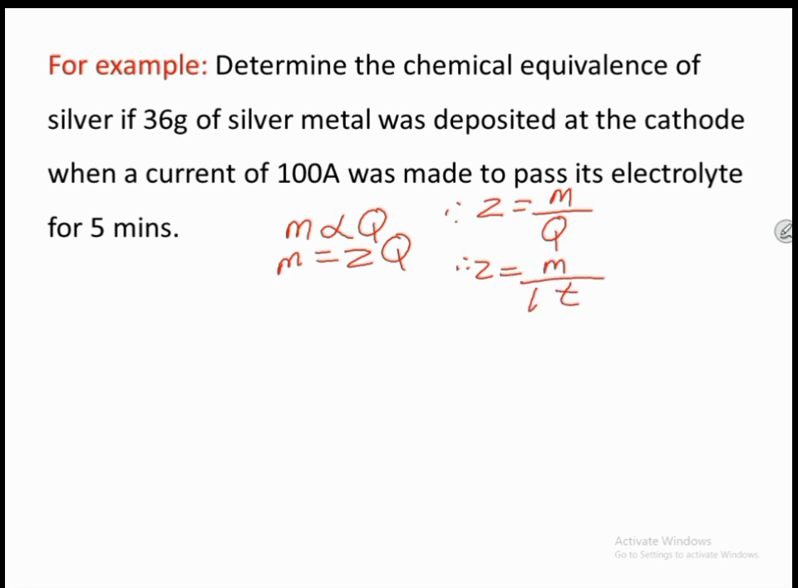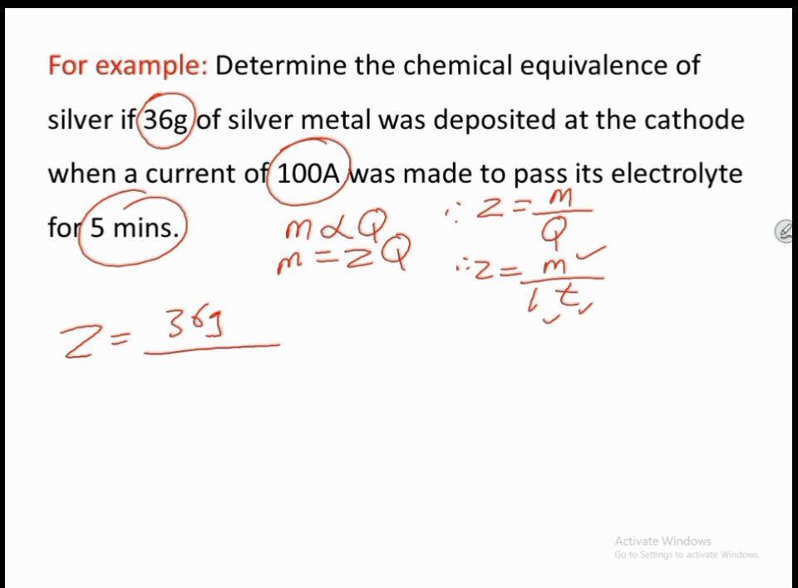So, which means to get Z, I need this parameter. Now, we have to study our question and look at the parameters given. The parameters given are mass, current, and time. So which formula has these parameters? Mass, current, and time. So we use this formula: Z equals mass, and the mass there is 36 gram